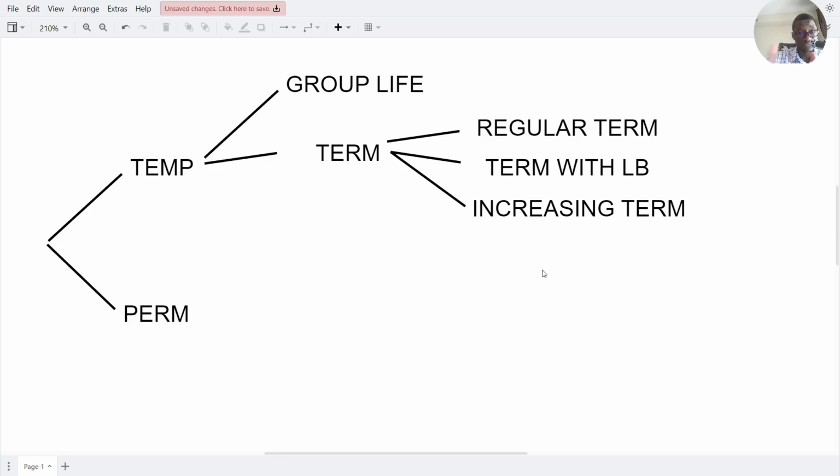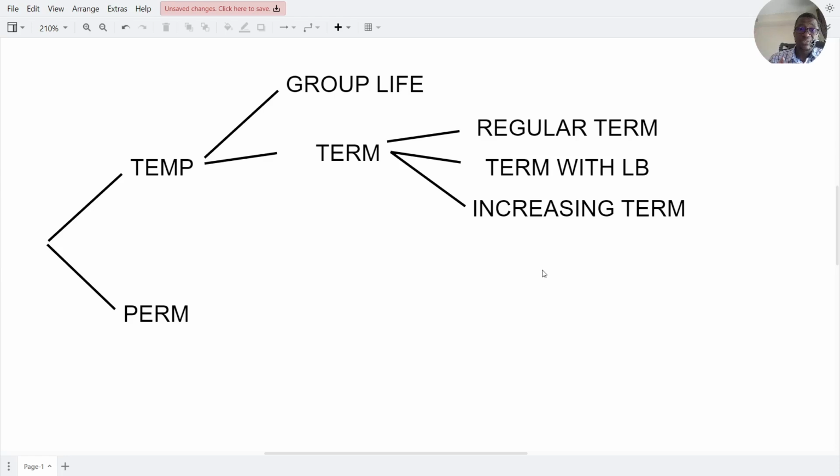Instead of being covered only for 30 years, you'll be able to go beyond 30 years. But here's the catch. Every single year, the premiums will increase. So for instance, if you get an increasing term when you're still 35 years old, you'll be able to get covered up to 80 years old, for instance, depending on the company you work with. But keep in mind that premiums are going to increase every year. So make sure to look at your contract and make sure that you're fine with the projections that you see.